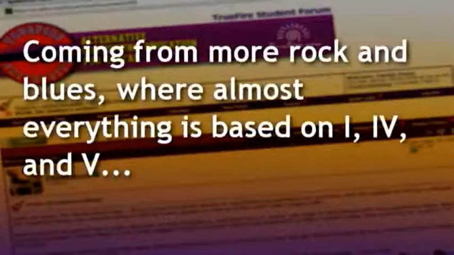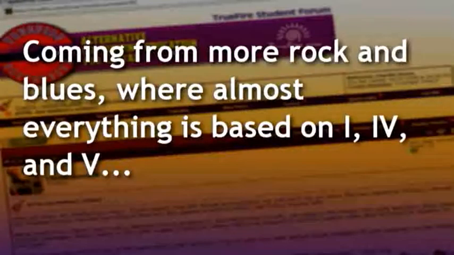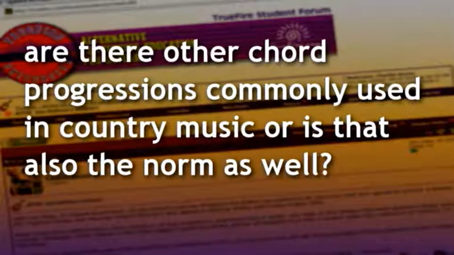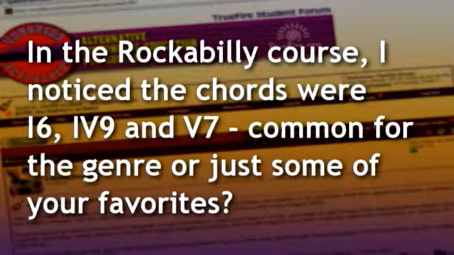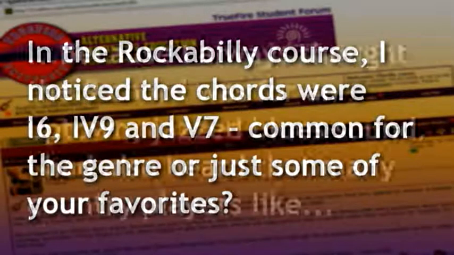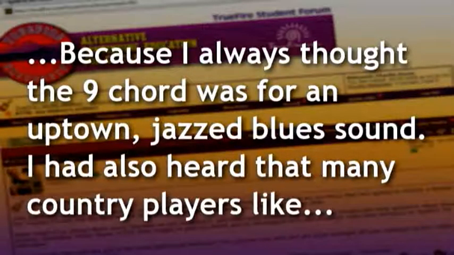This is the last one. It's from R.J. Basque. His questions are, coming from more rock and blues, where almost everything is based on 1, 4, and 5, are there other chord progressions commonly used in country music, or is that also the norm as well? In the rockabilly course, I noticed the chords were 1, 6, 4, 9, and 5, 7. Common for the genre or just some of your favorites,